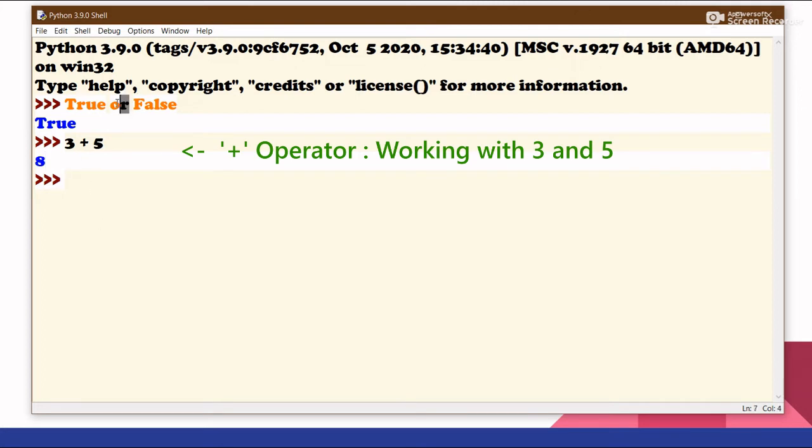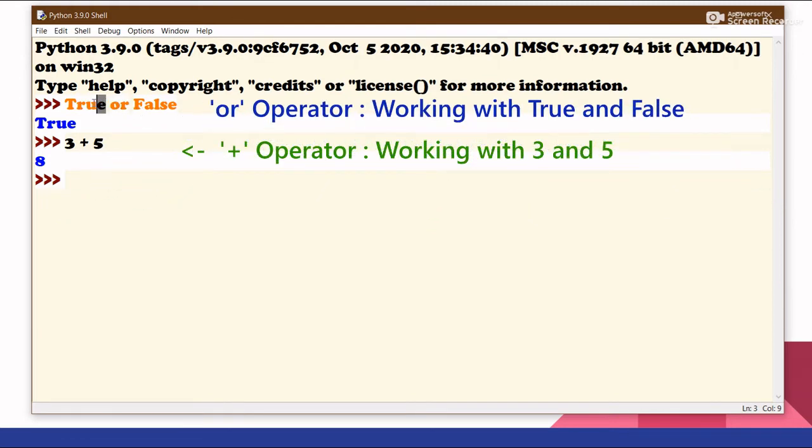But in this case the logical operator OR is working with boolean values, true and false. And this OR operator basically checks, even if one of those values is true, it makes the whole expression true, so its output will be true.